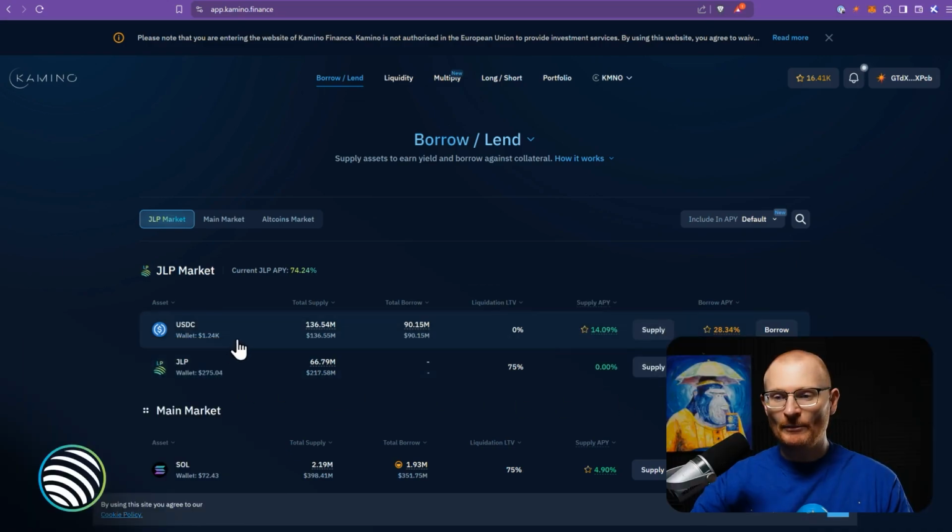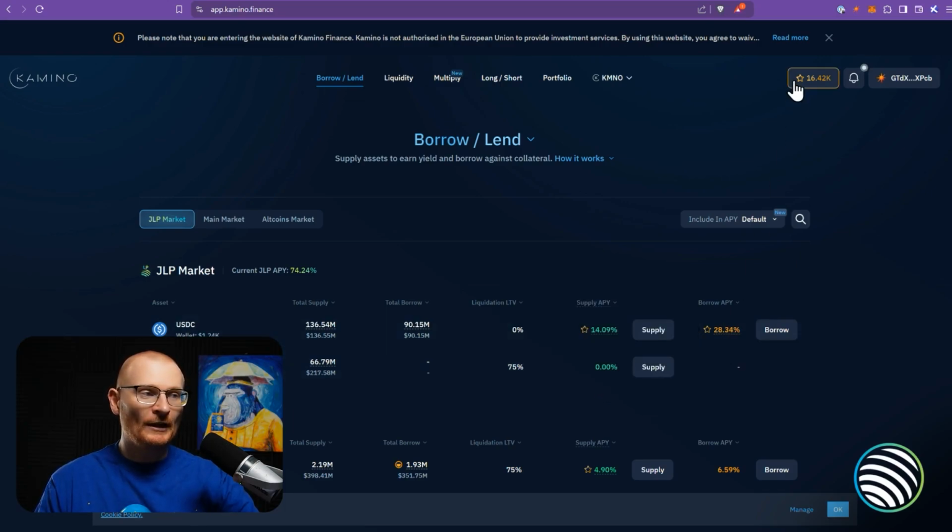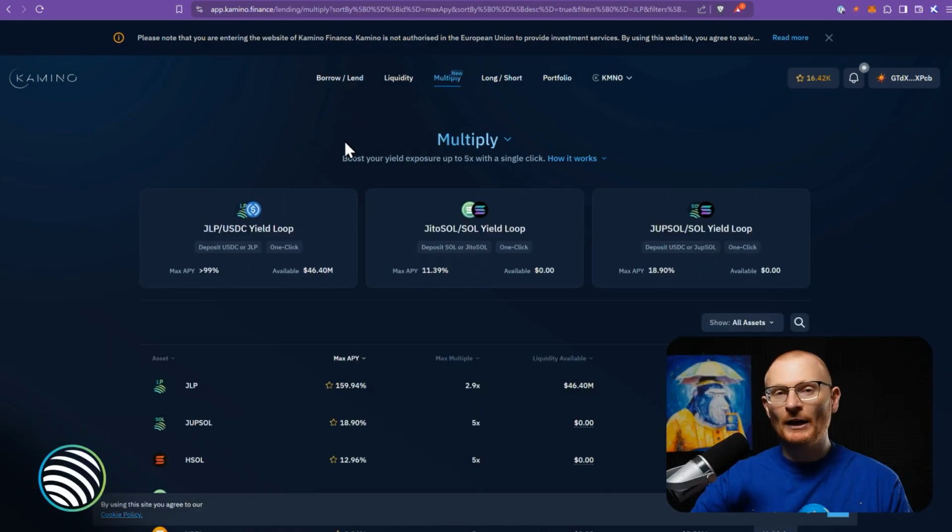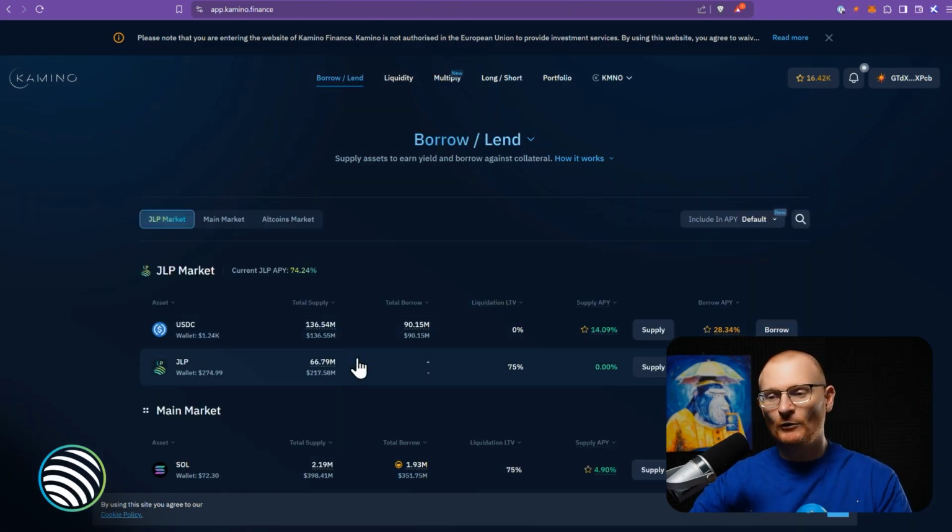Now, this particular JLP market, just so you're aware, it's currently earning this as an APY from just Jupiter perps, but it doesn't actually get borrowed by anybody. So you're not actually getting a supply APY as well. By the way, any points you earn will accrue up here, and eventually you'll be able to use these to get some of the Kamino token. Another option that you can do is just skip all that and just go straight to Multiply. Multiply does the exact same thing. So we put in our JLP, we borrow USDC, and we just level it up. And you can see at present, the max APY is very, very decent. This gets you a 3x boost though, so it doesn't get as many points. I'm going to show you both, but in this tutorial, I'm going to show you this method right here.